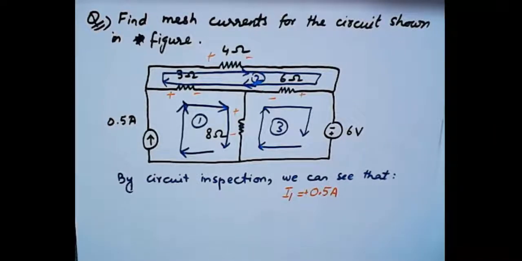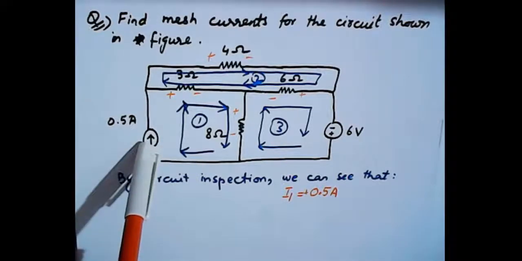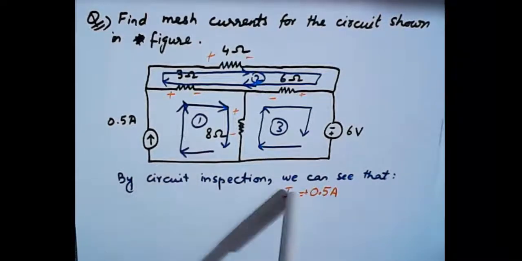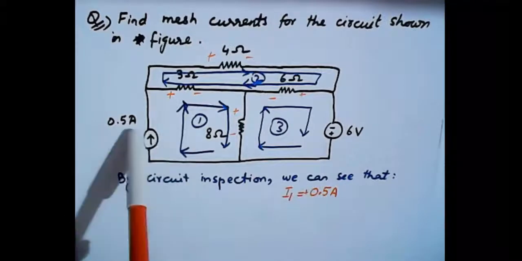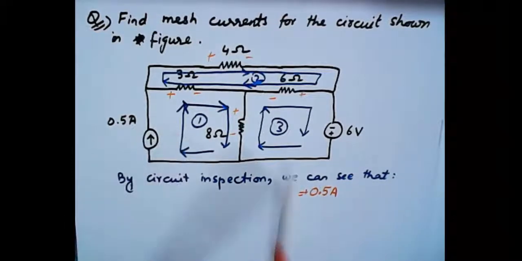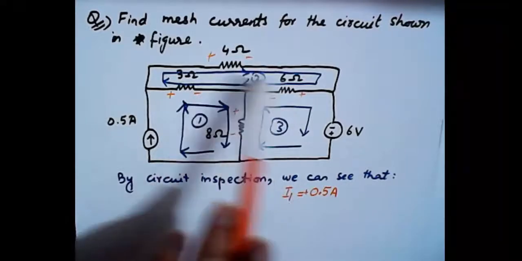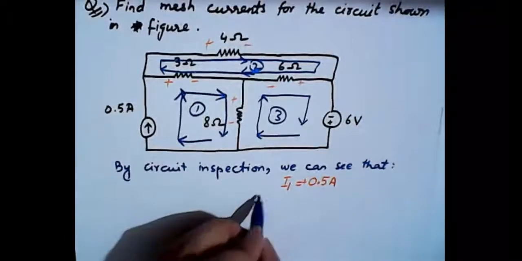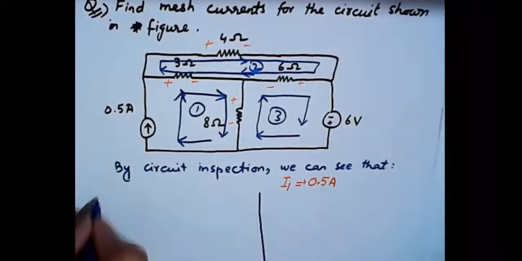Let's have a brief overview of what we have done so far. The question involved a current source, but the current source was only a part of a single loop, so the mesh current, which was I1 in that particular mesh, became equal to the source current because their directions were also the same, right? And for the remaining loops, we have marked the polarities, and now we are moving towards forming the mesh equations, right? So let's move on.